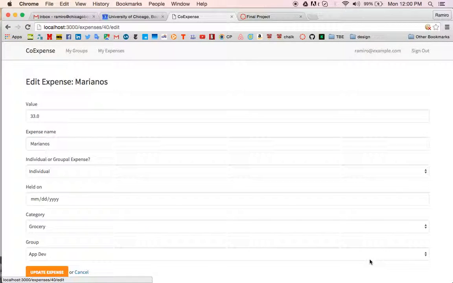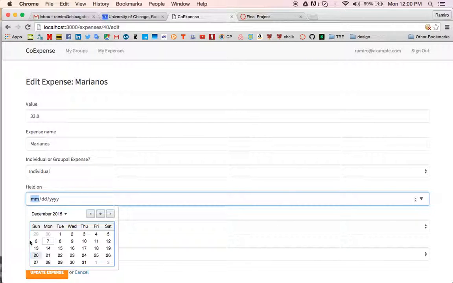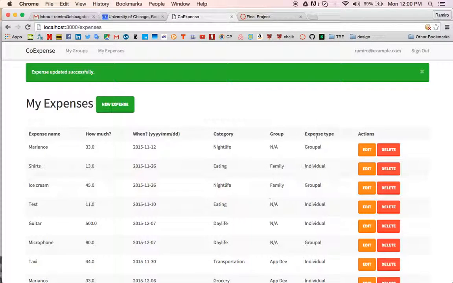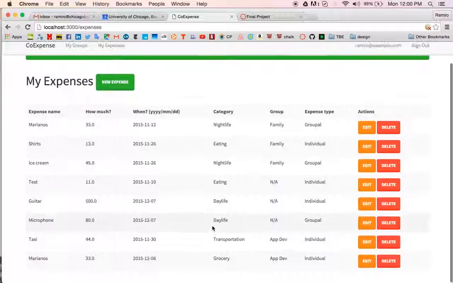As I showed you, you can edit each expense. Here you choose the date and the expense is there, and for these groups you can say, okay, this now belongs to the family group, and you can change the expenses that way